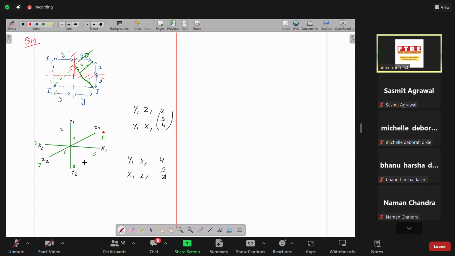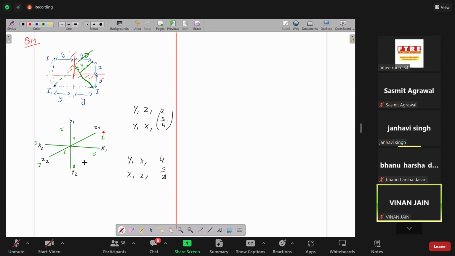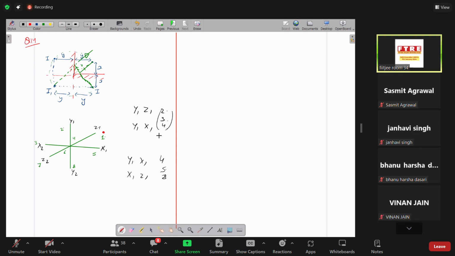नाउ वी आर टेकिंग द वॉल्स, राइट या लेफ्ट साइड वाली, जो भी एक ले रहे हो। से आपने लेफ्ट साइड की वॉल और सीलिंग ली, तो अब इसमें आपके पास कहाँ इमेजेस बनेंगी? यू विल हैव अ इमेज ऑन द राइट साइड, देन ऑन द टॉप, एंड देन ऑन दैट कॉर्नर। कैन यू विजुअलाइज? अभी भी विजुअलाइजेशन नहीं हो रहा है? Yes, can you repeat the last part? ठीक है, इसी में एक चीज कंप्लीट करते हैं।